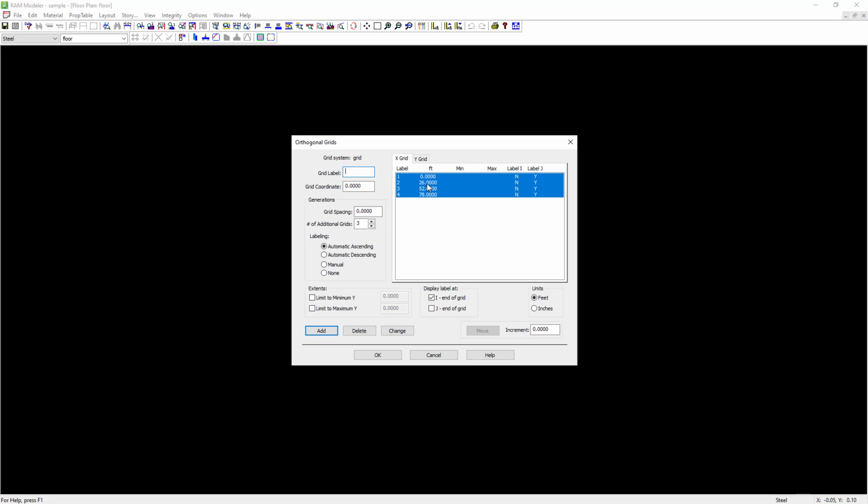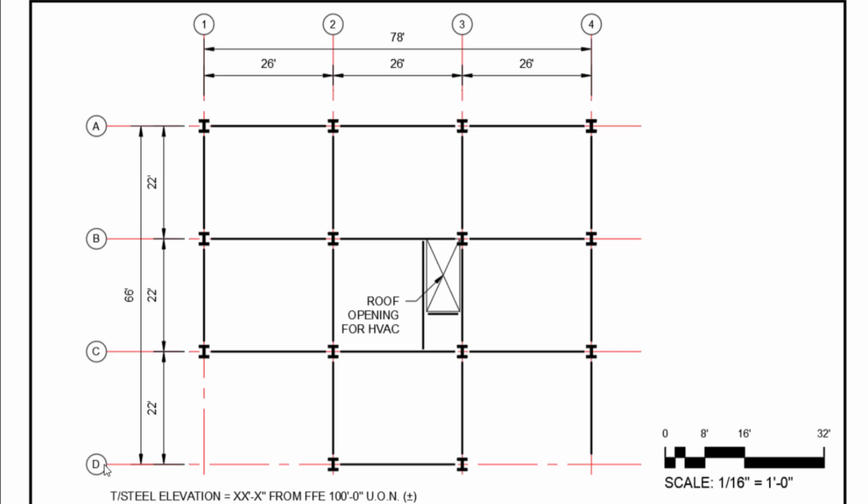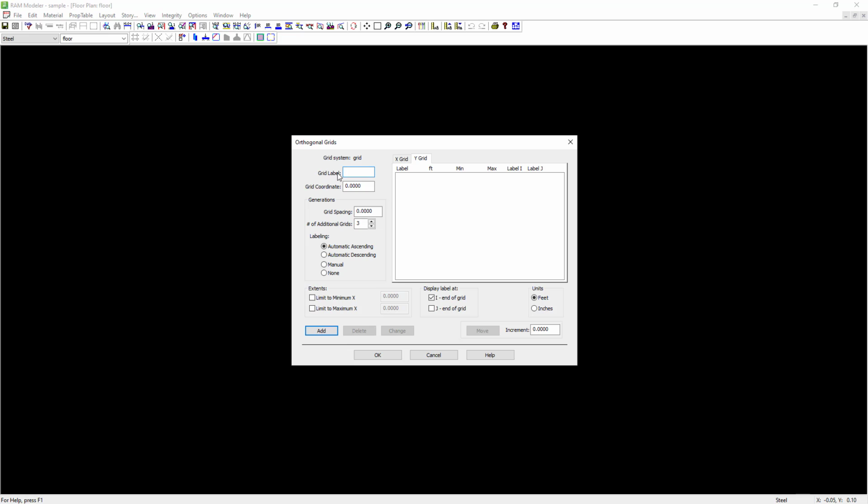And then I need to come to my Y grid. And this is where it gets a little bit interesting because of the way that this was set up, if you remember, we go from D, C, B, A. So when I come back to RAM, I'm going to start at D, I'm going to start at 0, and then my grid spacing is going to be 22 feet. I'm going to have 3 additional grids, but here I'm going to pick descending because I want to go from D up to A. So if I add these, I go from A, B, C, D, and let's see how that looks. So I click OK,